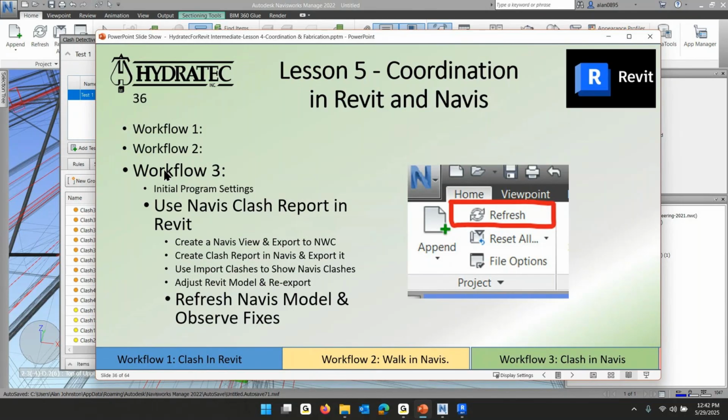Plan 2 is export, create the view that makes the project manager happy. It's all red. It's all just the stuff he wants to see. It's all just sprinkler stuff. And you put it in an NWC format, then you can just wander around aimlessly and look for problems and fix them. And then workflow 3 is all that same stuff, but you be scientific about it, create the clash